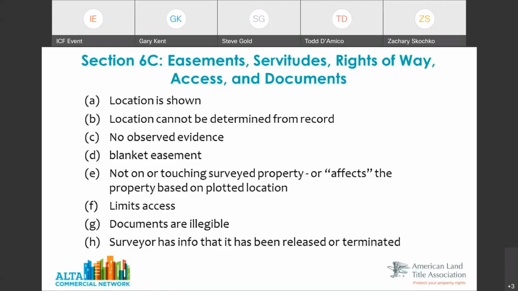You'll see on the face of a survey, a lot of times the Schedule B listings start with items 1 through 8, and the surveyor off to the side will say not survey matters, because those are all the things that Gary mentioned too, taxes or something that's not appropriate. But there are some things surveyors can do to assist. We're trying to clarify what we should be doing as surveyors and what should be shown on the survey. Again, Gary, good point on effects. We had a long conversation about that through the years.